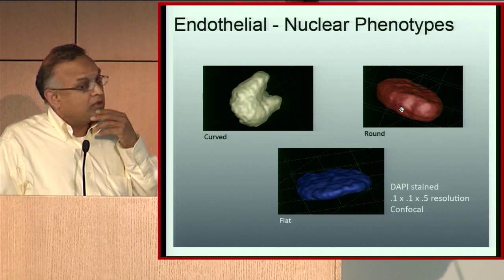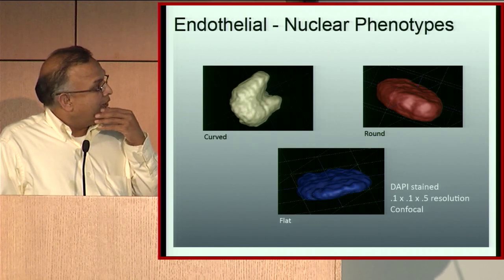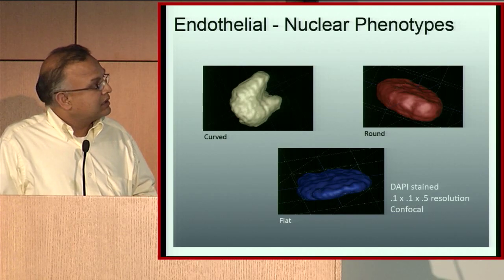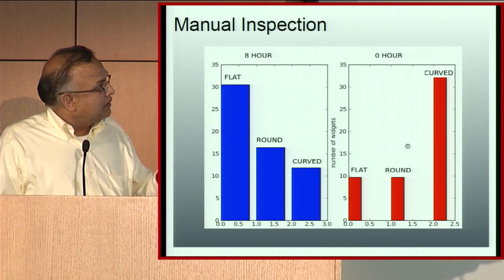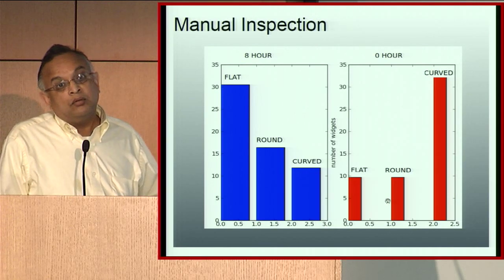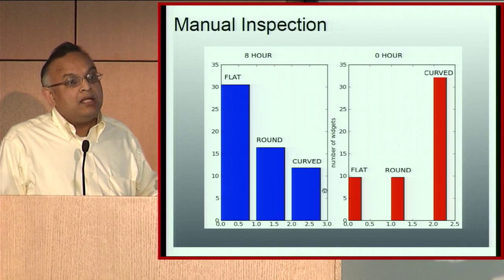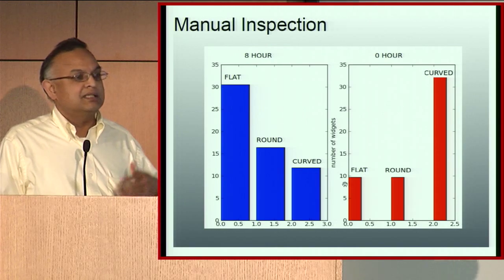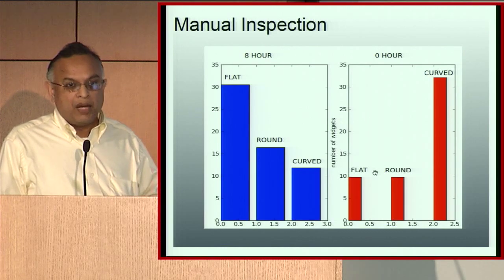And we use confocal microscopes to get these images, and we of course noticed that there are 3 different types in these endothelial cell cultures. And then if you start doing some simple analysis, at the 0th hour you see a certain distribution of curved, round, and flat. But after the passage of 8 hours, you see that the distributions have changed. So why, how? I mean, you can ask all those questions. Can you generate hypotheses? Can you look at these phenotypes and perhaps think about developing some platforms, right?